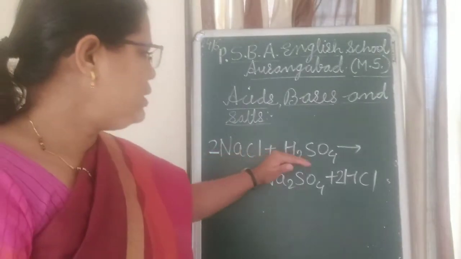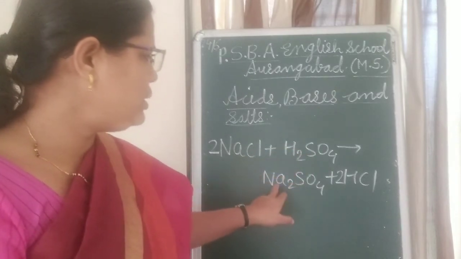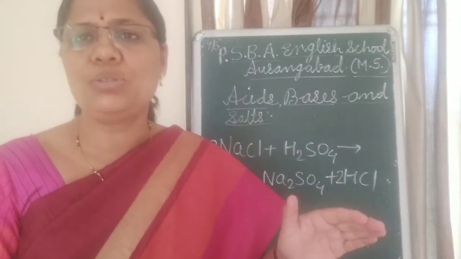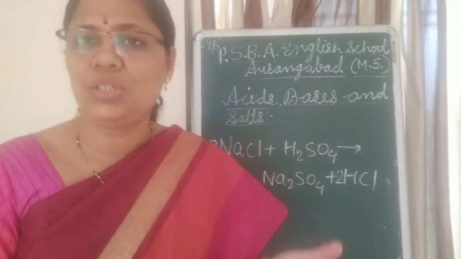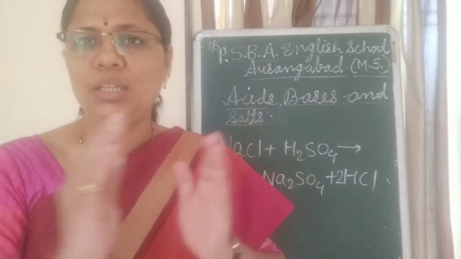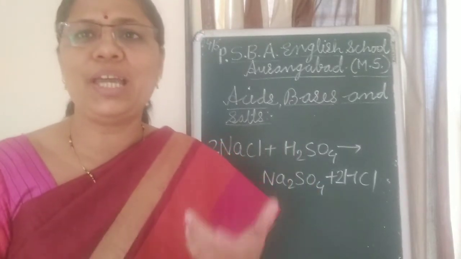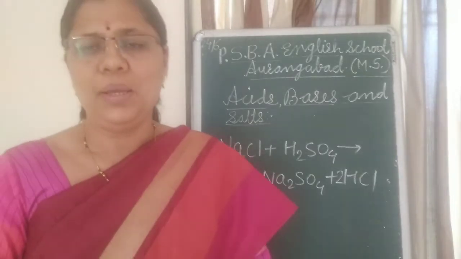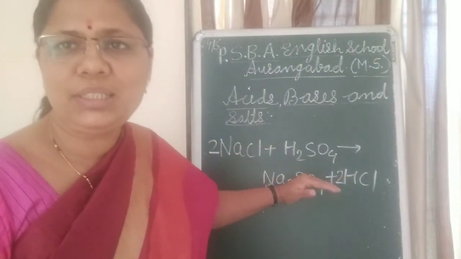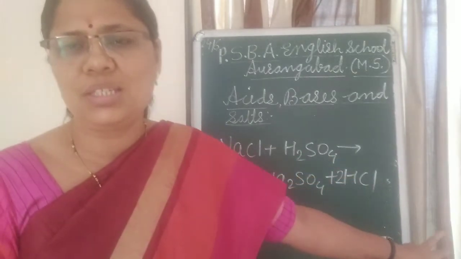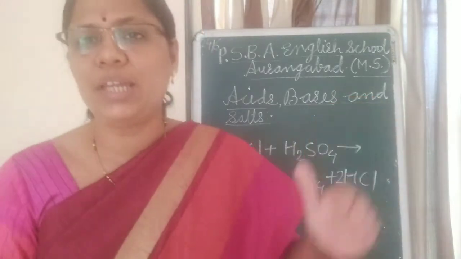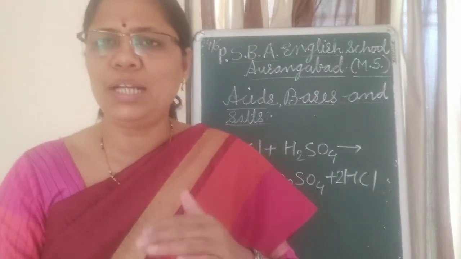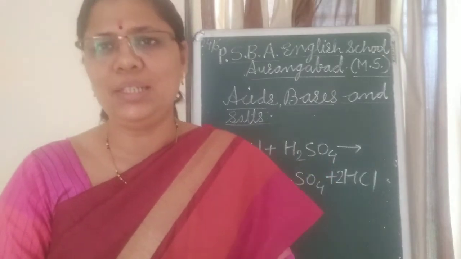Now NaCl and H2SO4, when they react with each other, there is a formation of sodium sulfate and hydrogen chloride. And this hydrogen chloride is in the gaseous state. The gas which was coming in the activity through the delivery tube, that gas is hydrogen chloride gas. So hydrochloric acid, we know it as an acid, but basically it is in the gaseous state. And if we are holding the dry litmus paper at the delivery tube, it will not show the acidic nature.